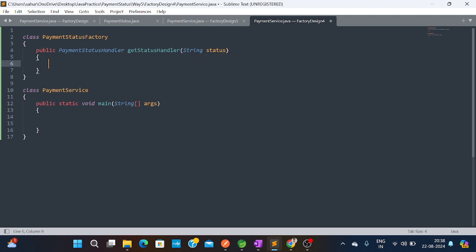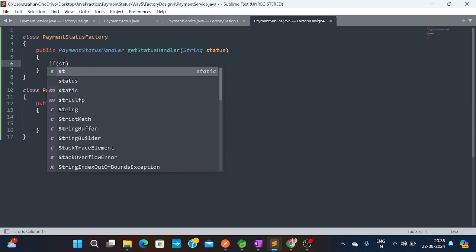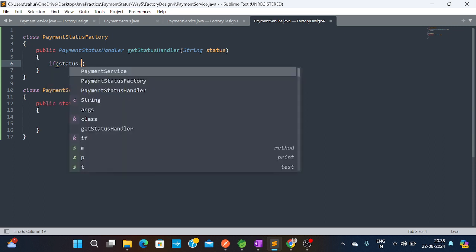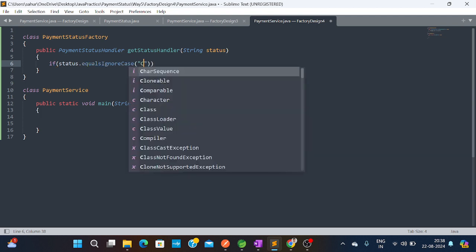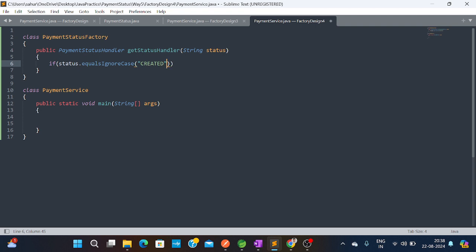Open the implementation. Inside this, I will write an if else condition. If status.equalsIgnoreCase("created"),